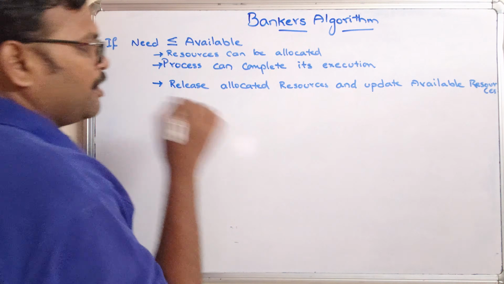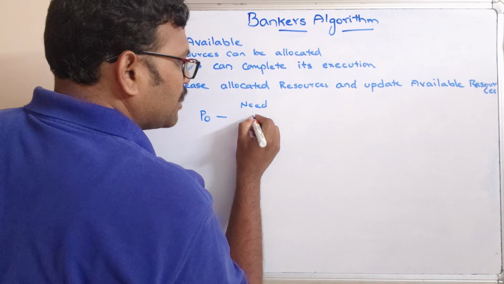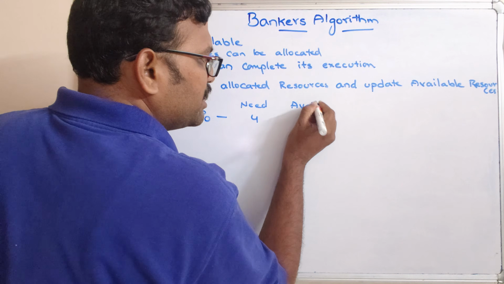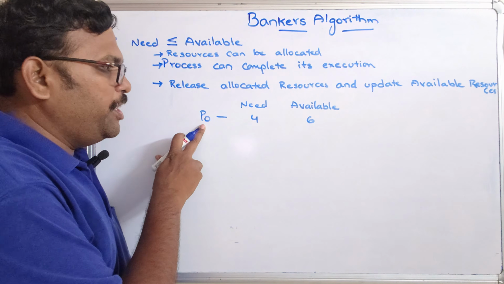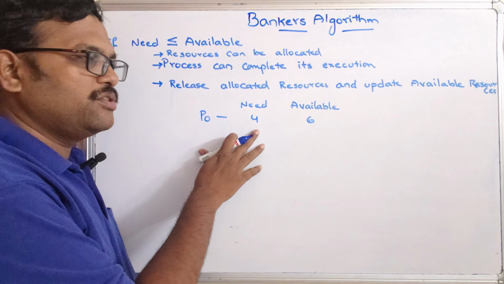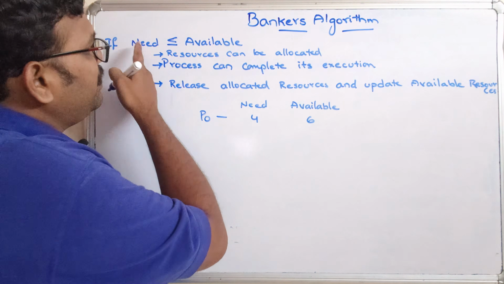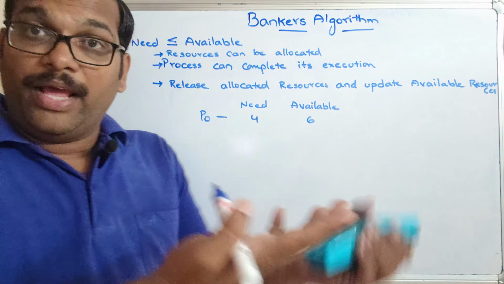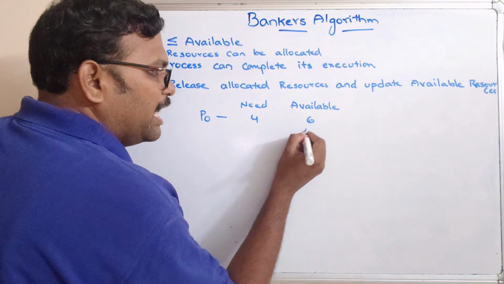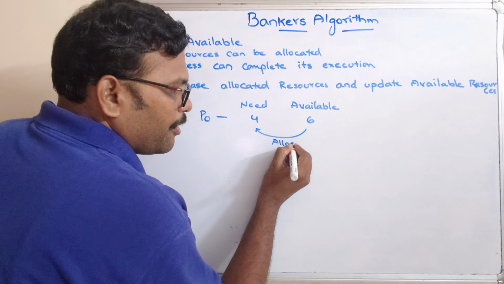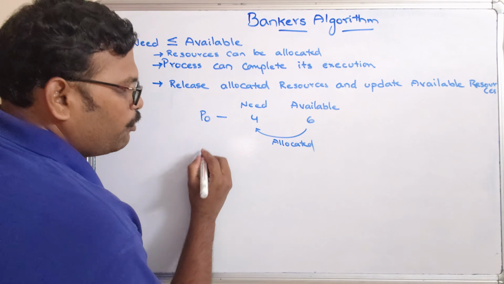See, simple. For example, process P0 requires the need resources are 4 and the available resources are 6. So P0 needs 4 resources to complete its execution and available resources are 6. You can see 4 is less than 6, so we need 4 but we are having 6, so we can complete it. So what happens, these 4 resources will be allocated,